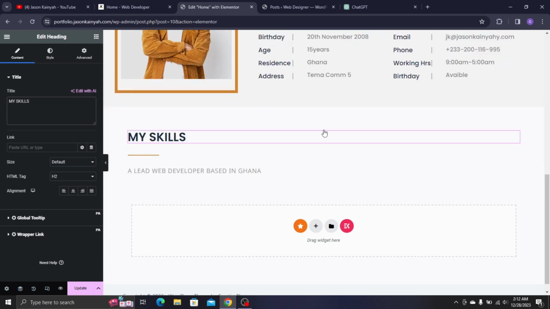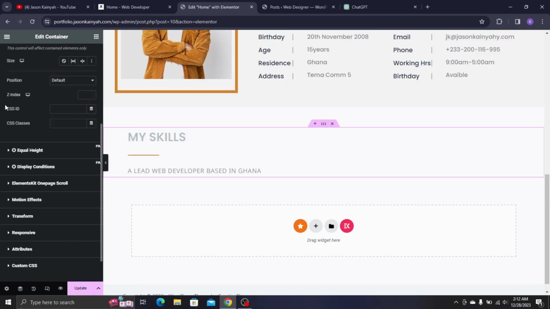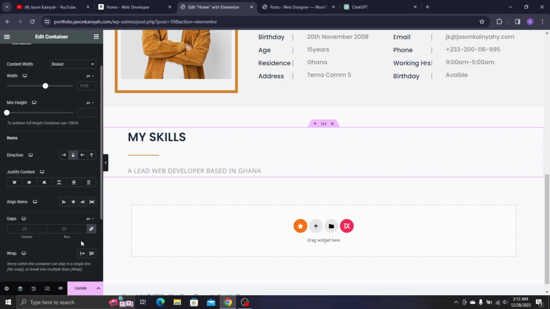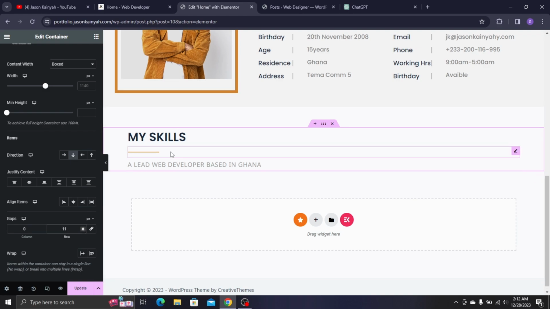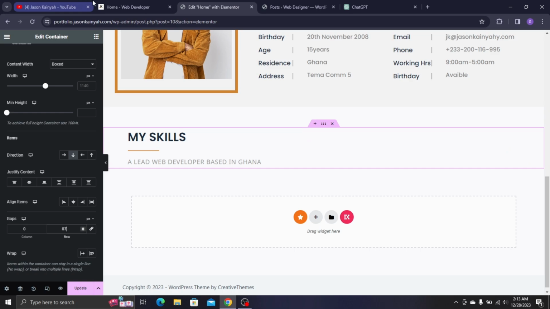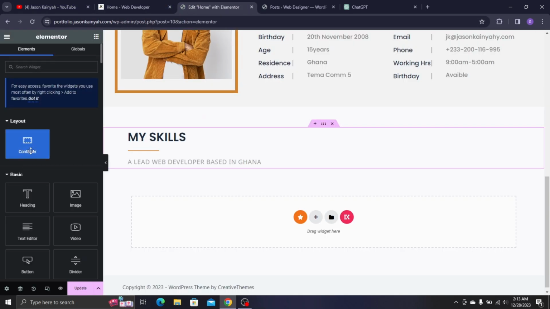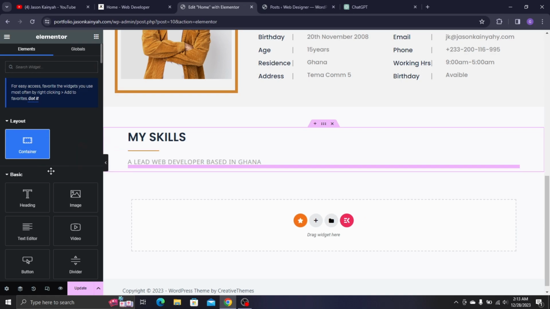So now I'll go to the main container, I'll click on this, then go to layout, then release the gaps, yes, release the gaps, and then give it column gaps of like 11. 11 is even too much, like 7 is okay. So then what we have to do is go back here and we'll drag in a container below this